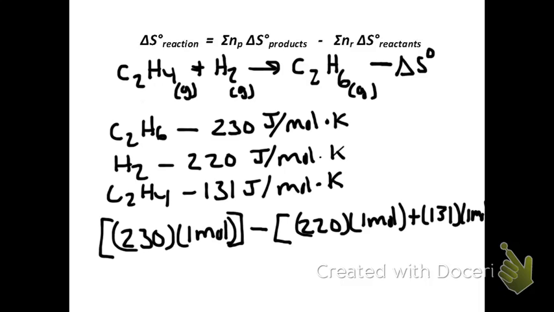And so when you multiply, then add our reactants together and subtract everything, we should find something like this: